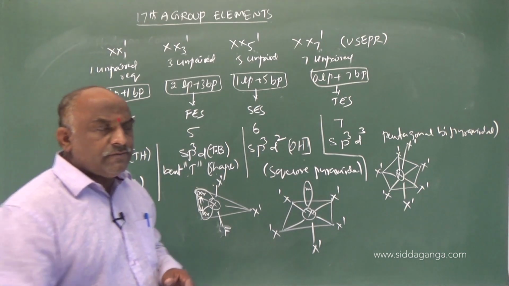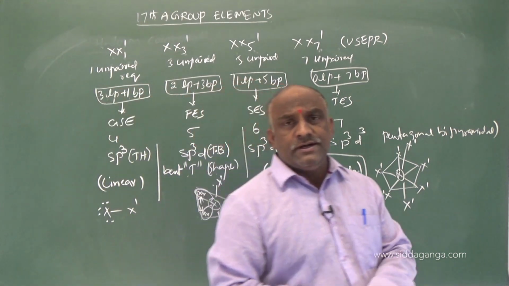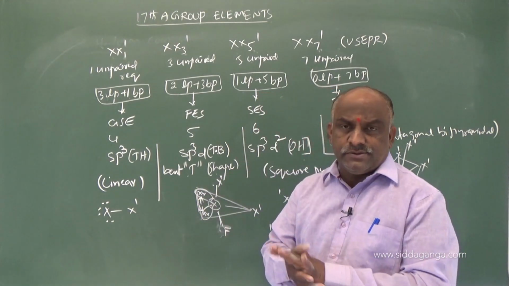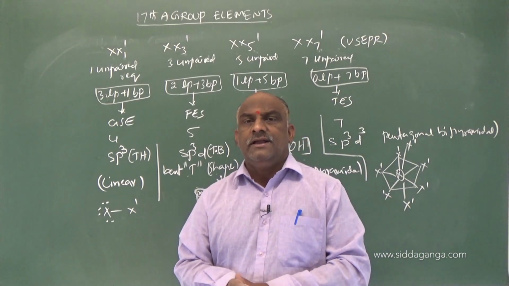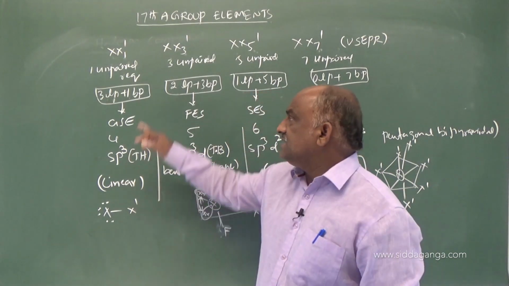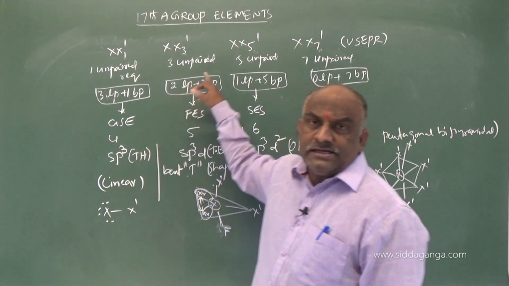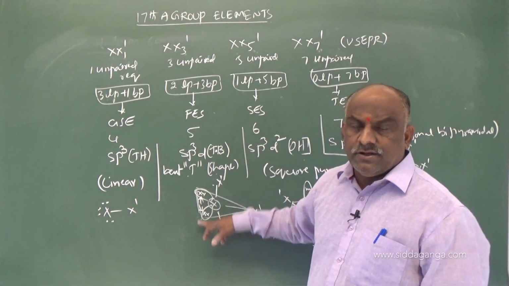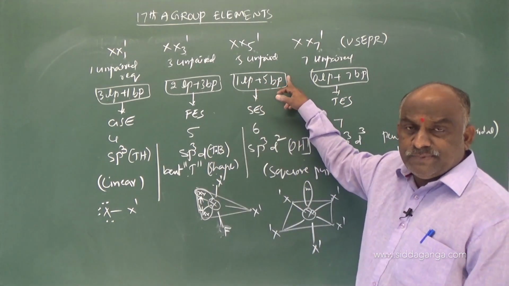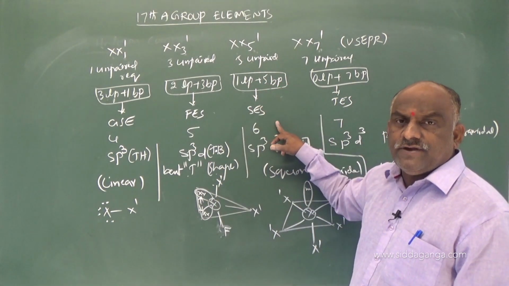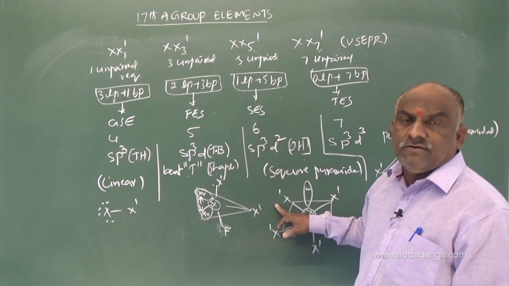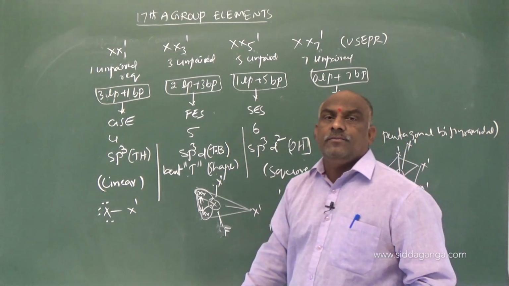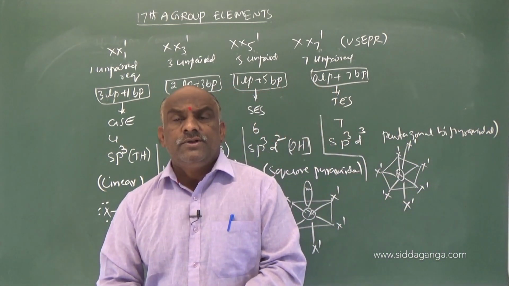So this will be the geometry of the interhalogen compounds. Interhalogen compounds are available in four types: monohalides, trihalides, pentahalides and heptahalides. Monohalides sp3 linear, trihalides sp3d bent T shape. Lone pairs are occupied in equatorial positions. Pentahalides sp3d2, octahedral actually we are expecting, but it is square pyramidal. While coming to the heptahalides, sp3d3 pentagonal bipyramidal. So this is about the geometry of the